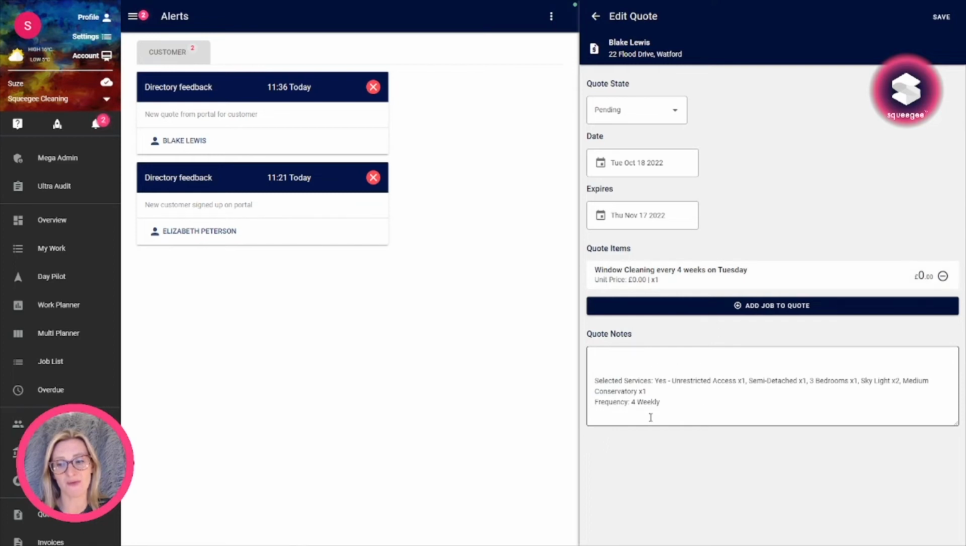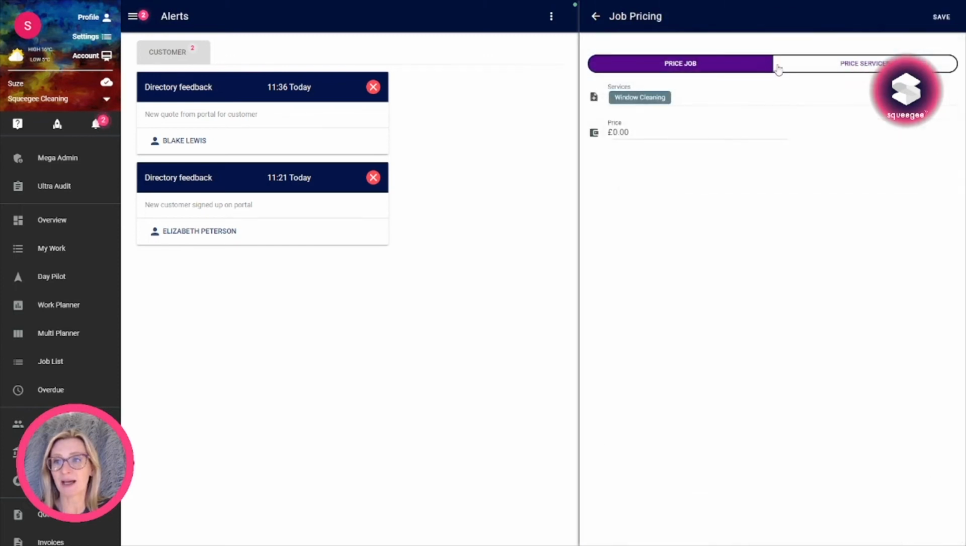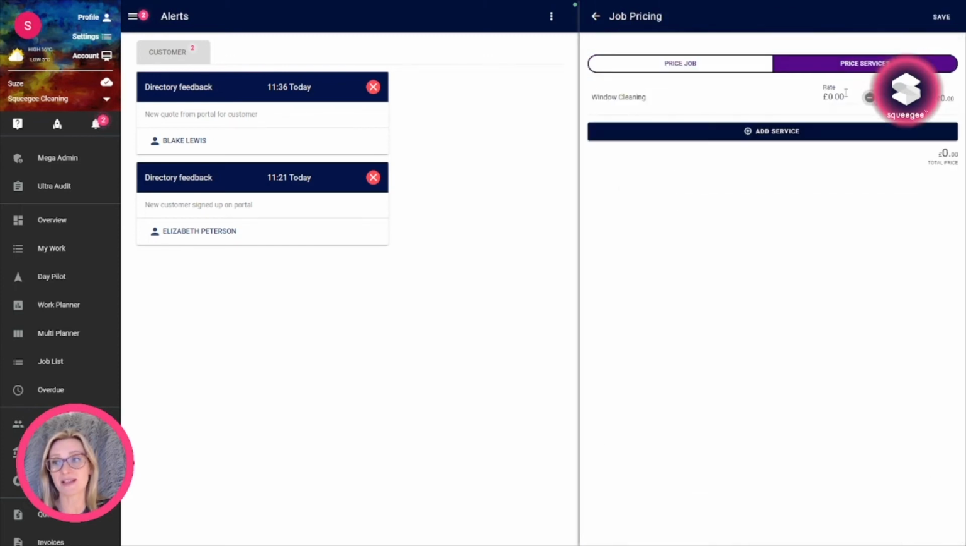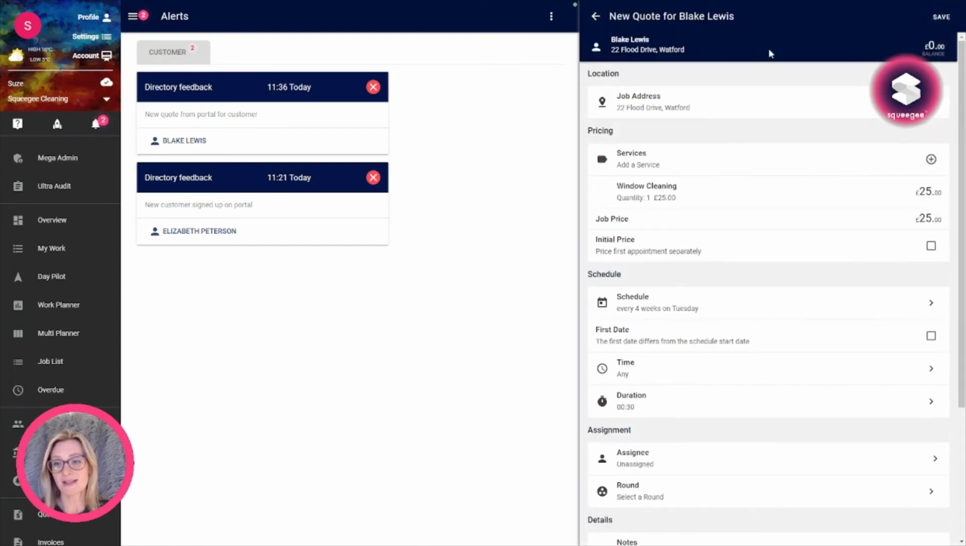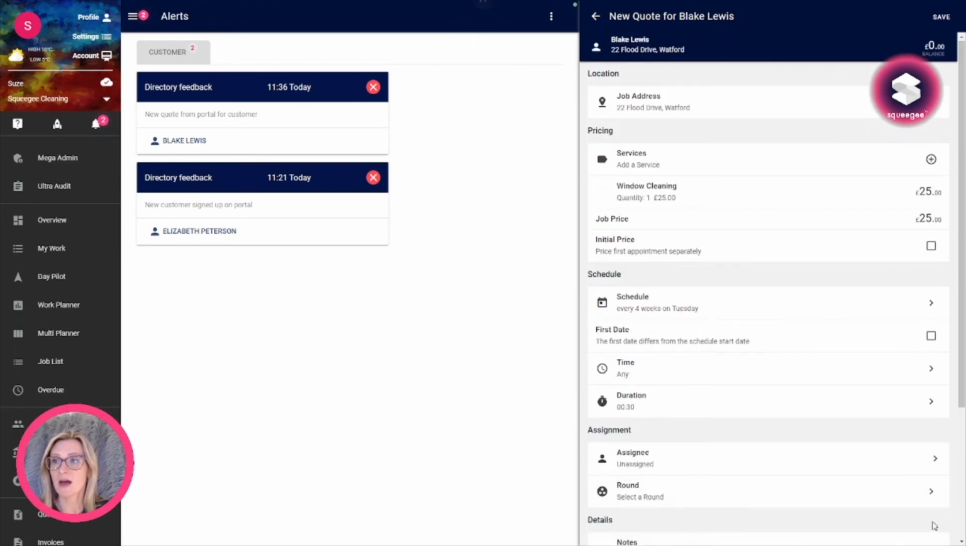You've got the quote notes on there, so you can decide the price that you wish to quote for it. Put in the job price here, and either price by job or by service as usual. Set the price. Press save. Change anything about the schedule that you wish to, if you wish to add it to a round at this point or anything like that. And then once you hit save, as normal,